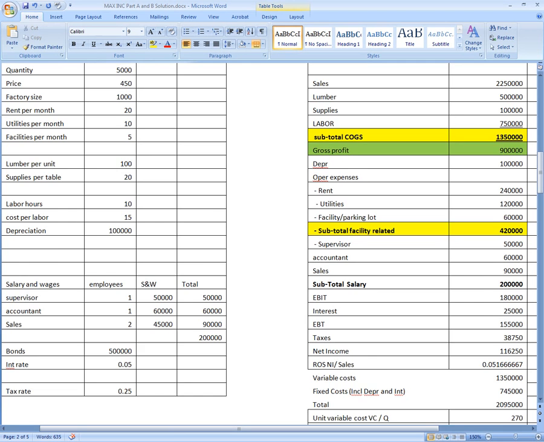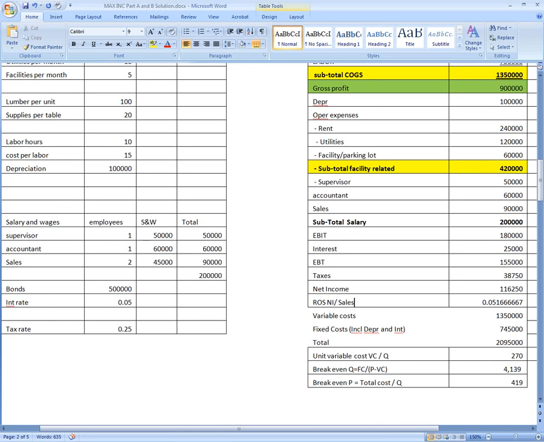Now, in order to break even, we want to look at fixed cost and variable cost. Like I said, the assumption I gave you was that everything except for the cost of goods sold is a fixed cost. So here is your variable cost, which we're pulling from up here, which is the cost of goods sold, and everything else over here, we add them up. We took all our costs, including our depreciation, our facility related, our salary, and our interest. We add them up, and we get